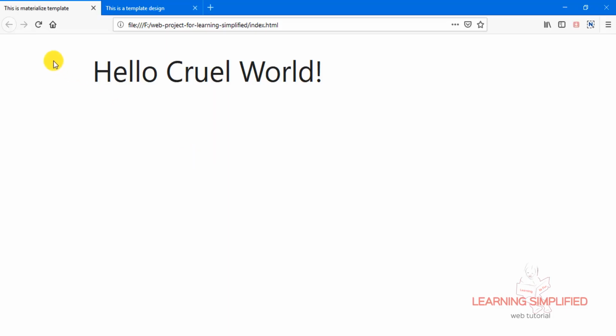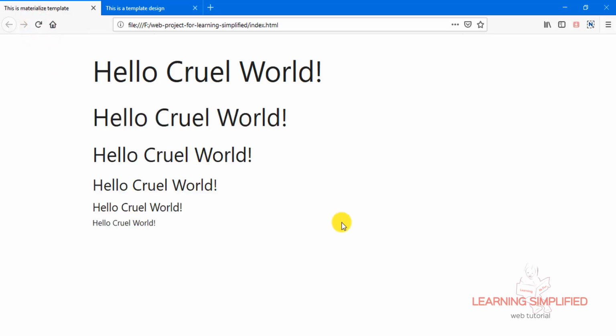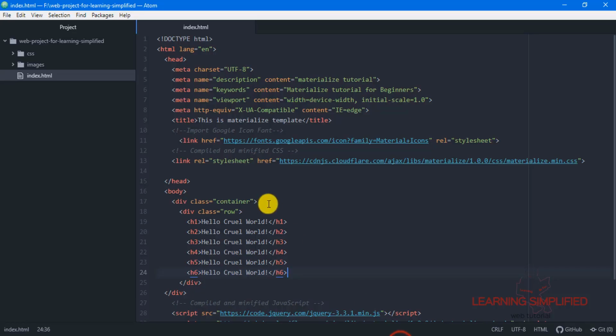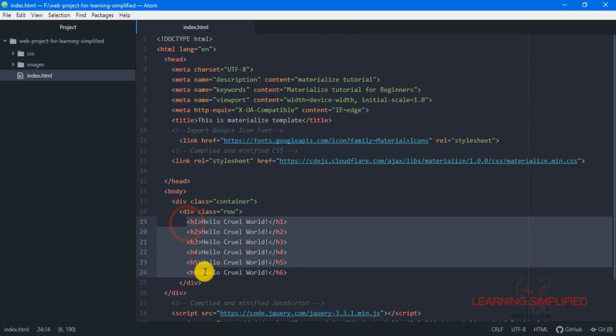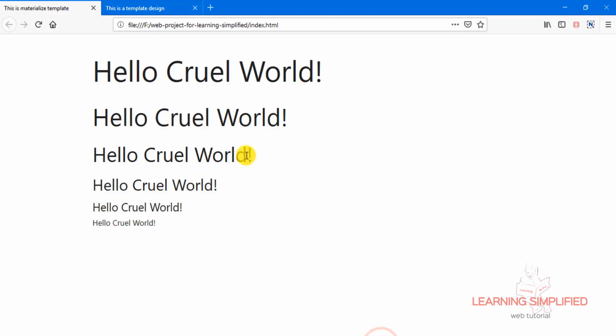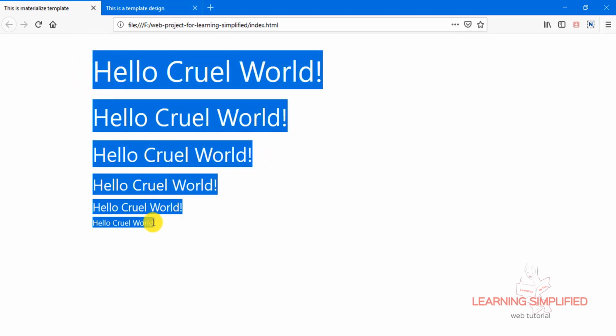If we now get back to our project and reload, we can see the different header tags and font sizes that have been created over here. Every single header tag is being used, and depending upon their value set, this is the output.